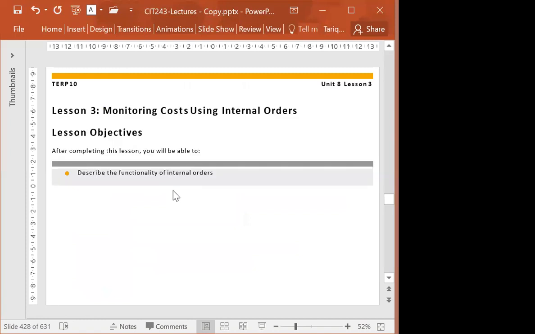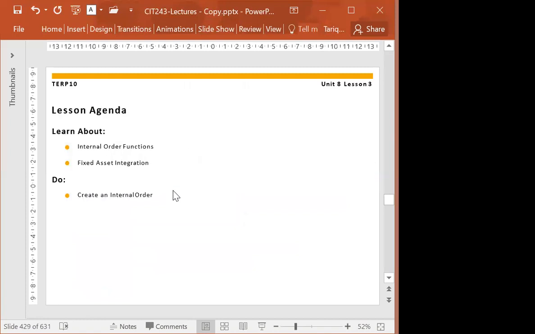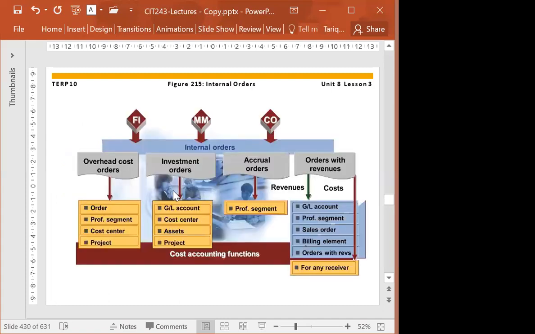Now, monitoring cost using internal orders. So if you see here, we are having like four different kinds of internal orders. Actually, it's the same internal order, but we have just named it differently for our convenience purposes. Otherwise, internal order is the same. The purpose is the same.